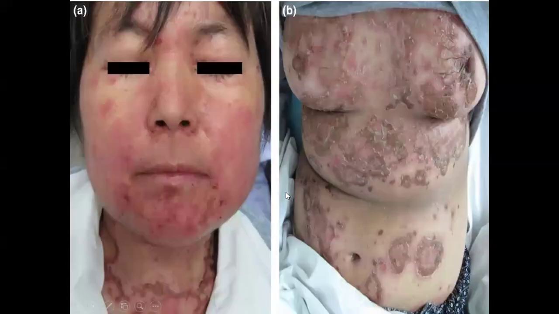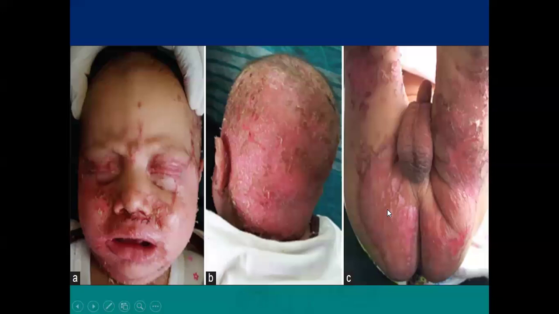So this erythema is called necrolytic migratory erythema. Sorry about that. Necrolytic migratory erythema. The condition which we commonly see in children is acrodermatitis enteropathica, characterized by